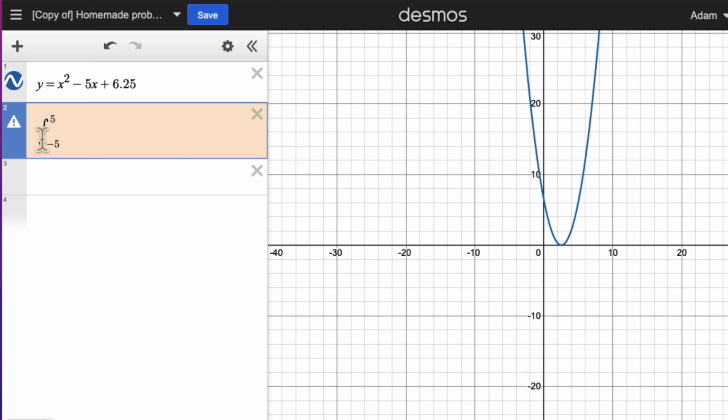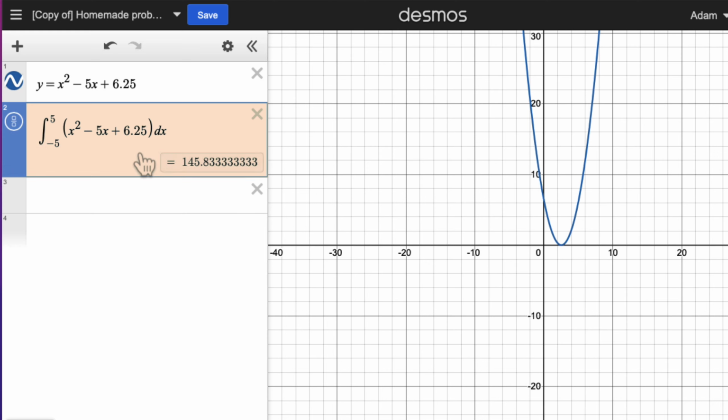To do that, I just put in int, and then I put in -5 tab 5, and now I go to the integrand. I'm going to put parentheses here, and I'm just going to take the PDF, because what this integral does for us is it calculates the area under the curve. I put in a dx, and I get a value of